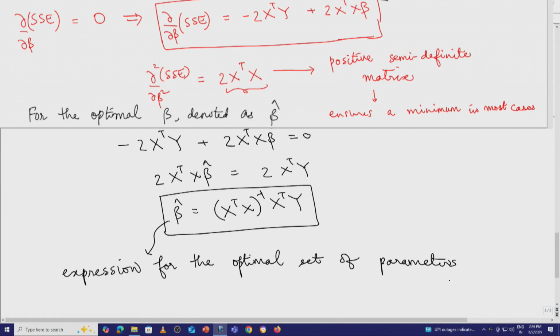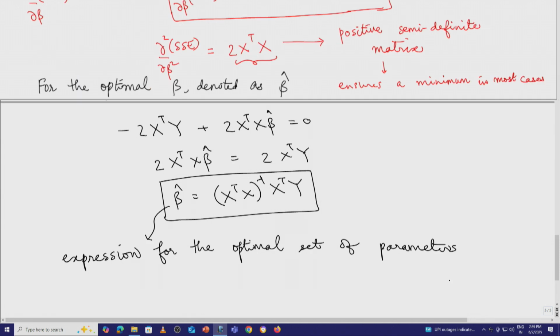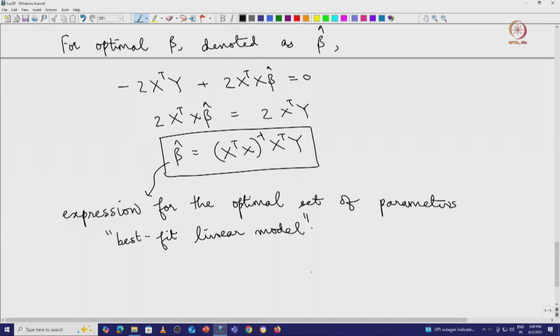In other words, it is the parameters for the best fit linear model. And what we have derived here, we are assuming that the entries are real, and obviously sometimes